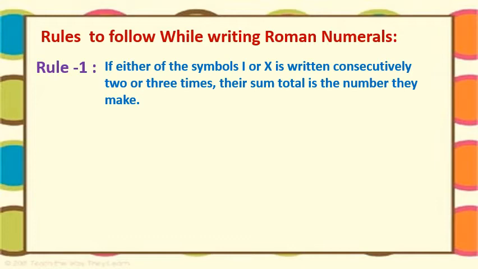See students, I or X it is written, correct? Now I will write I one time, means you know that is 1, correct? Now second time I have written I. What is the meaning of this one? I means 1 plus one more I is there, so one more 1. So here both together, you know that 1 plus 1 is nothing but 2. Very simple, correct? This is the first rule.